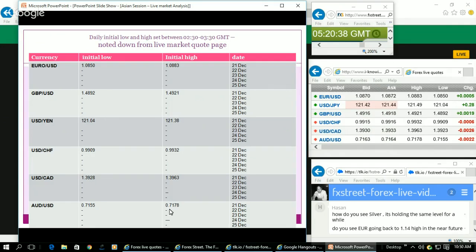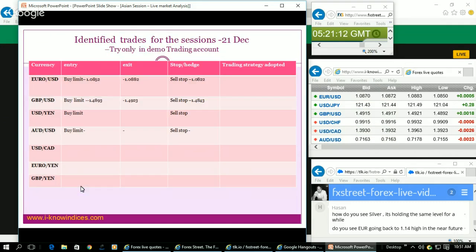They are making swings. Only in the case of USD yen and USD CAD: USD yen just breached the high, and USD CAD breached the low, which is a contrarian move. Because when USD yen breaches the high, it is a USD gaining move, whereas when USD CAD breaches the low, it is a USD weakening move. So this is how they make contrarian moves to handle the crosses and also make swings to induce the traders to commit positions, and later on they try to trap the traders.